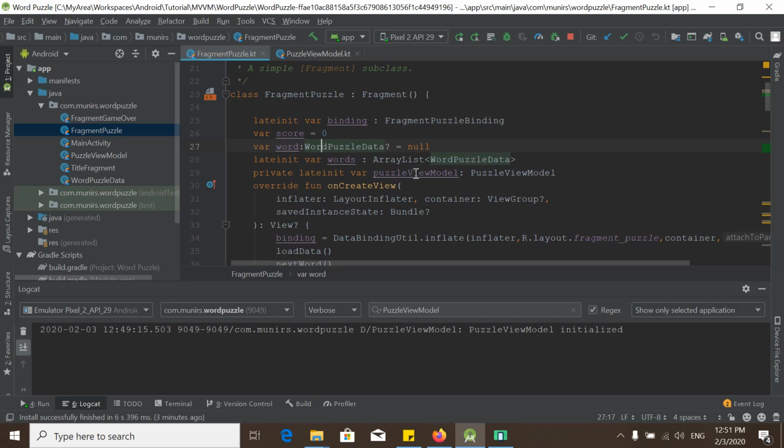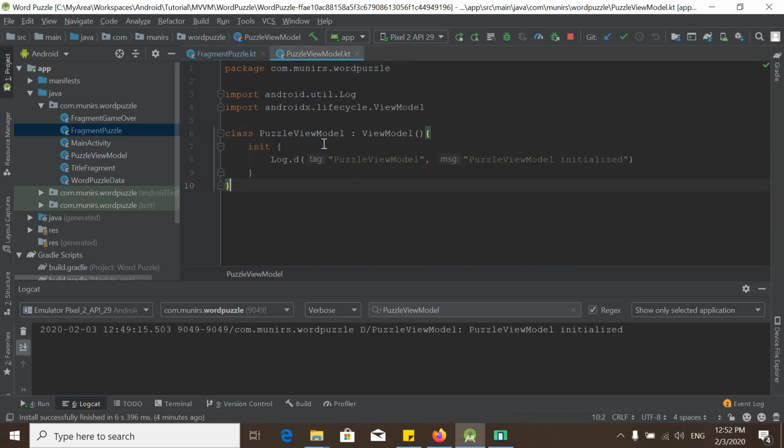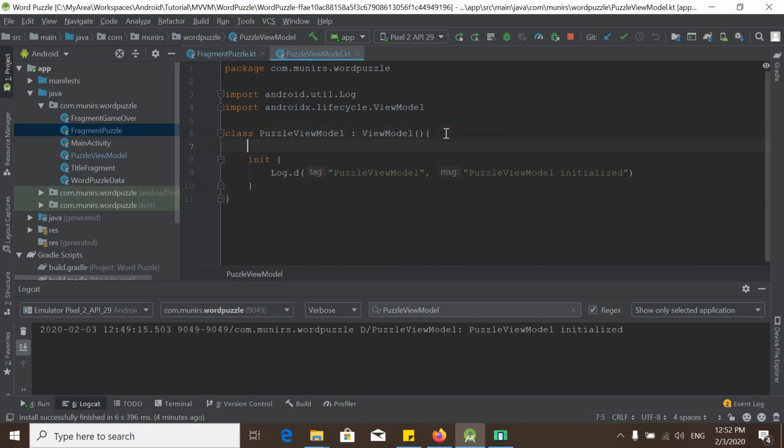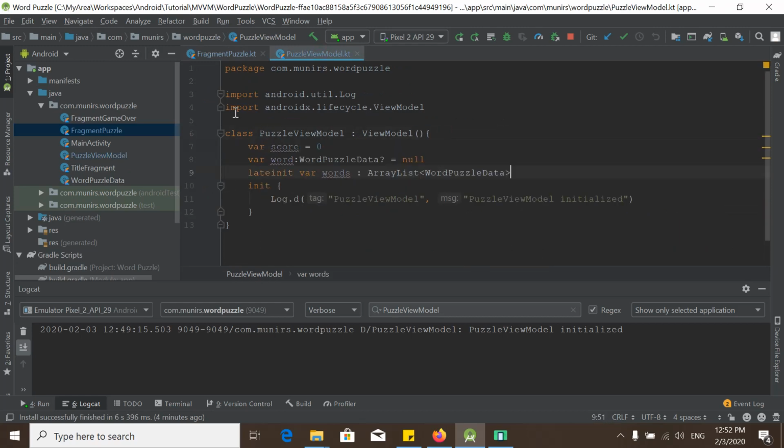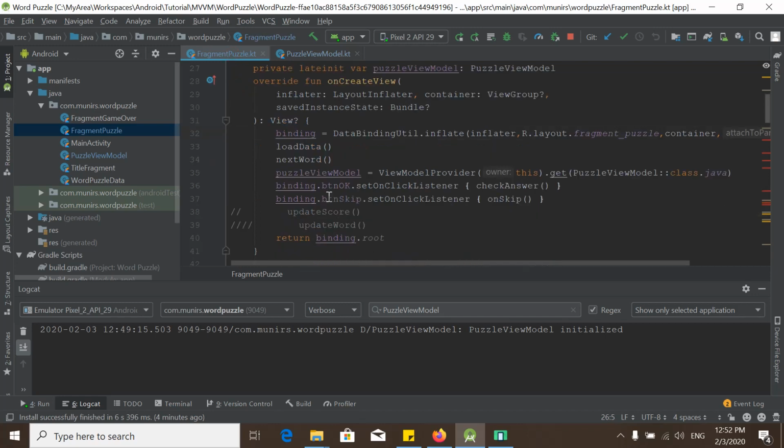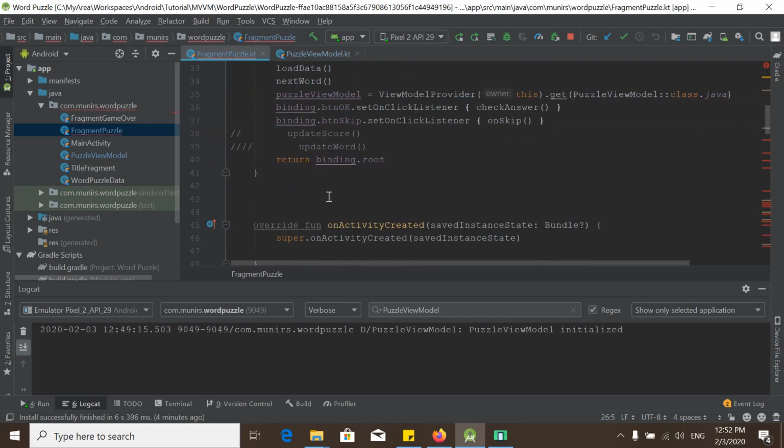But first of all, we will copy this, because this is binding. This is purely view or UI related, fragment related, so we will not transfer it. And here's the score and word and words. We will simply select and cut it and paste it here. Okay, now we will go back to our fragment,